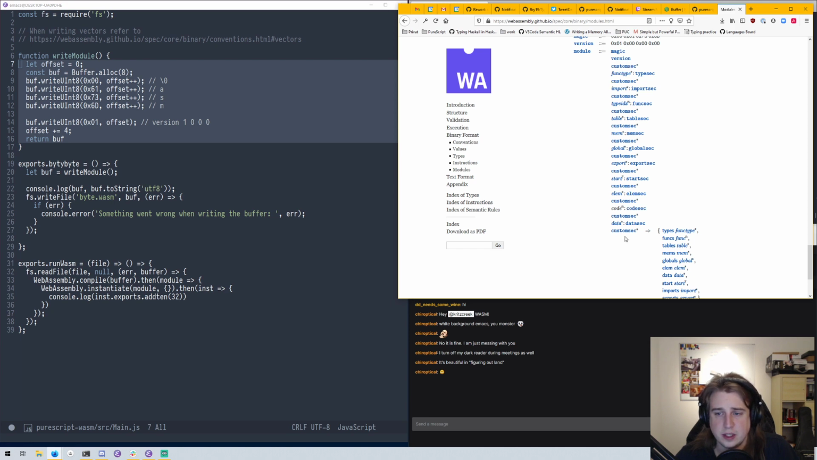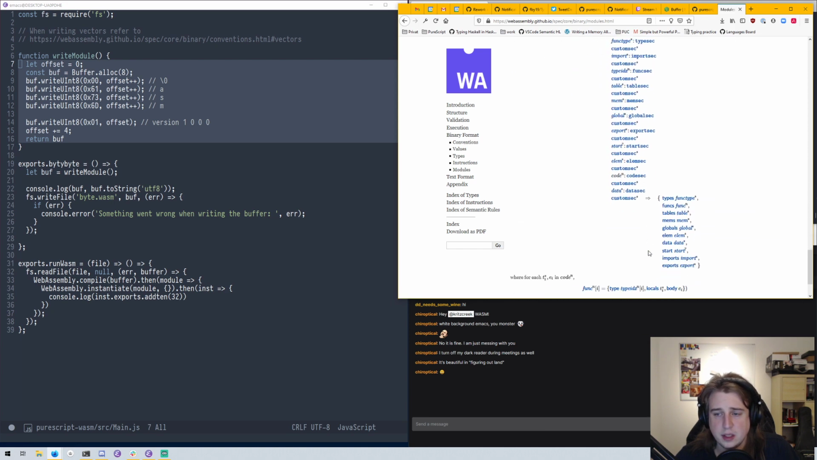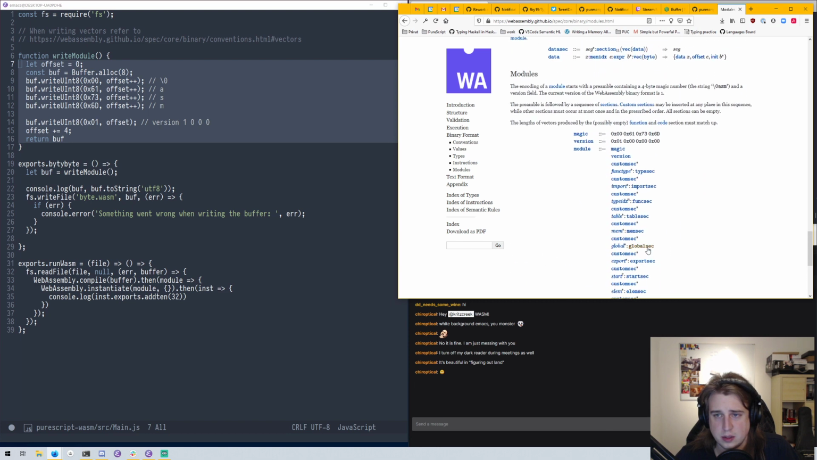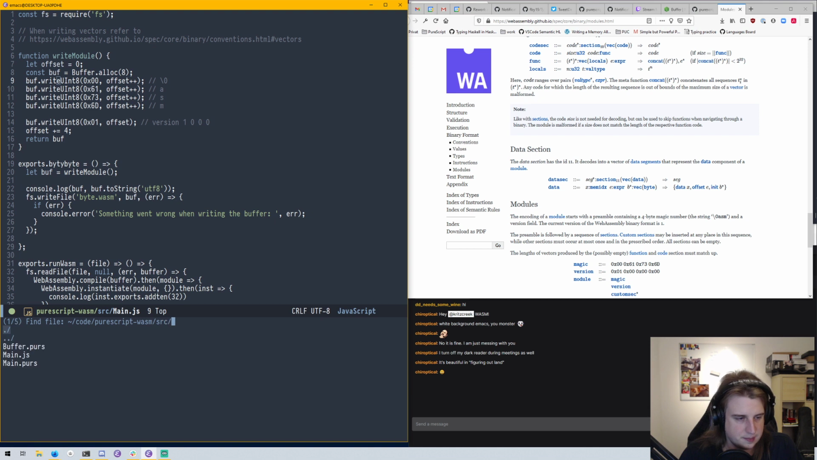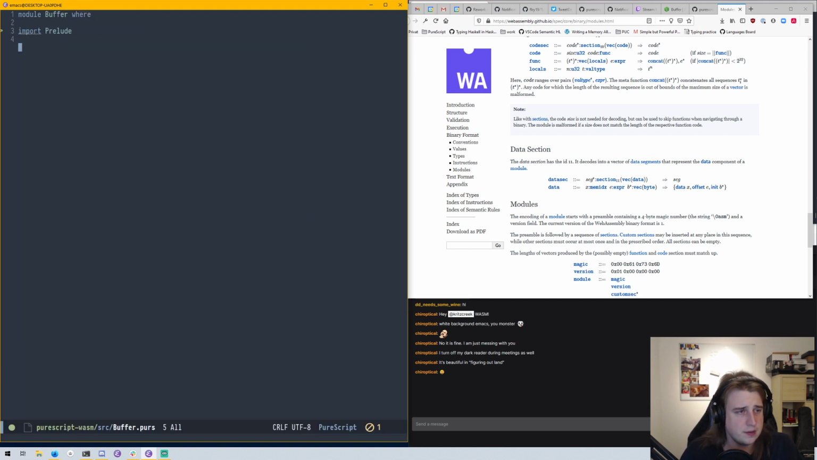We can skip the ones we don't need, and we can insert the ones we care about. So I'm going to say, let's try to start moving into PureScript. It might be too early to do so, but well, where's the fun in playing it safe? So buffer.pers. So what do we care about? We want to be able to write a